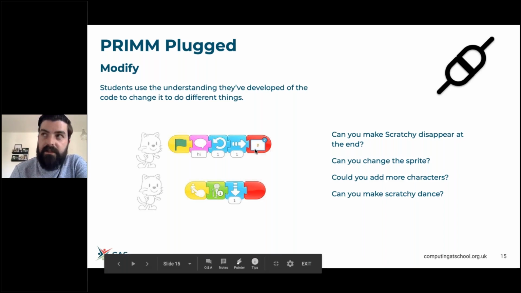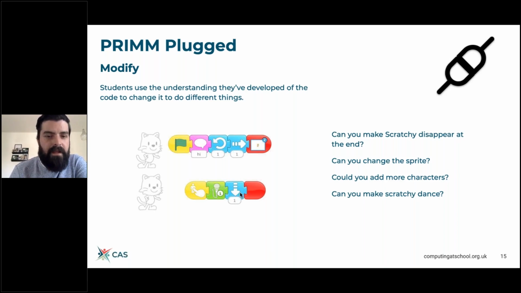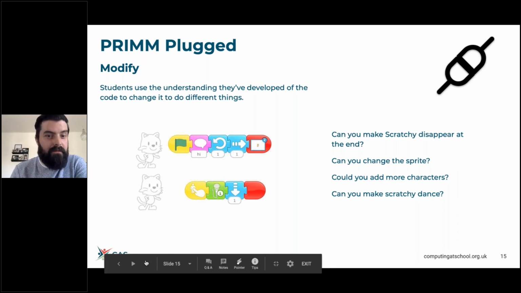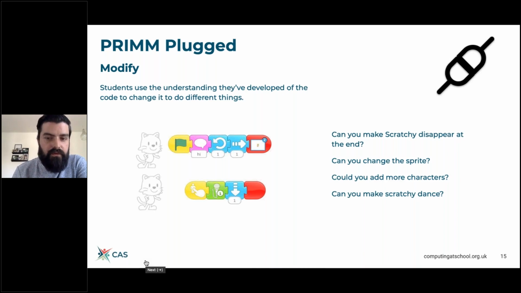When we've done this in key stage, in year 1, with these down and up arrows, the children always think that they're going to hunch down or jump. So it was really nice to talk about the debugging and how that actually isn't the case, and it's moving across the screen and down the screen rather than jumping, because I think they always think of it in ideas of video games sometimes as well. So when they're modifying it, that's their opportunity to change the character, to change the program, to add more characters,